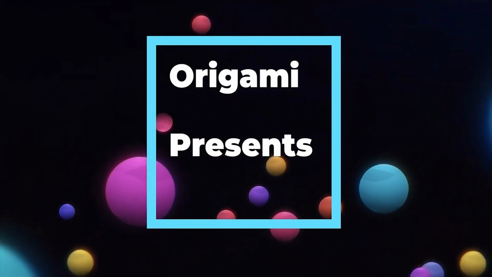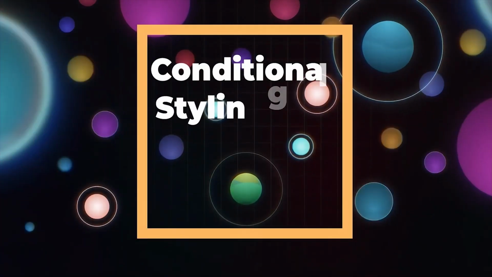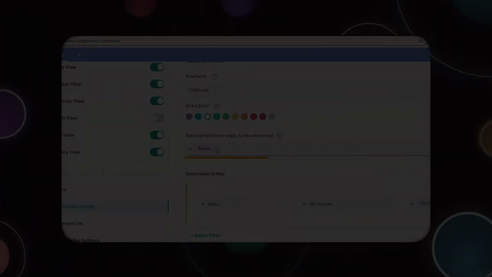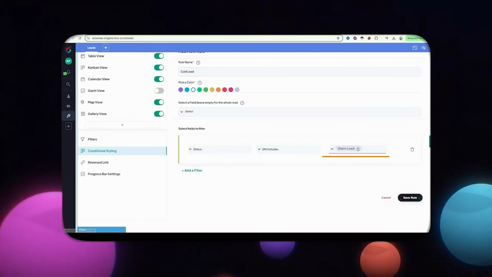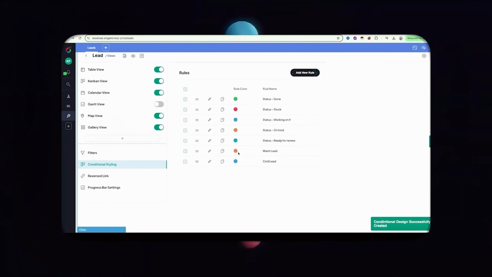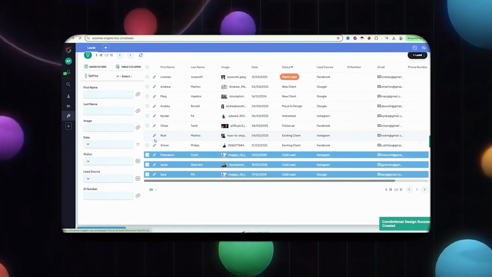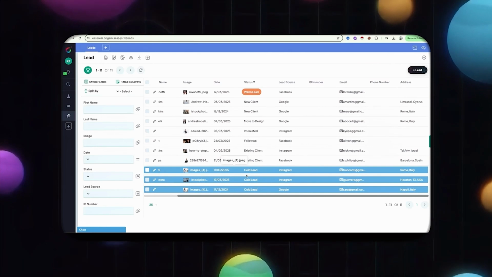Today, we will be exploring one of the most important features of Origami, the conditional styling. Conditional styling in Origami helps you bring your data to life by applying visual rules, so important information stands out instantly. Whether it's highlighting overdue tasks, top clients, or high-priority items, conditional styling makes your workspace clearer, smarter, and more